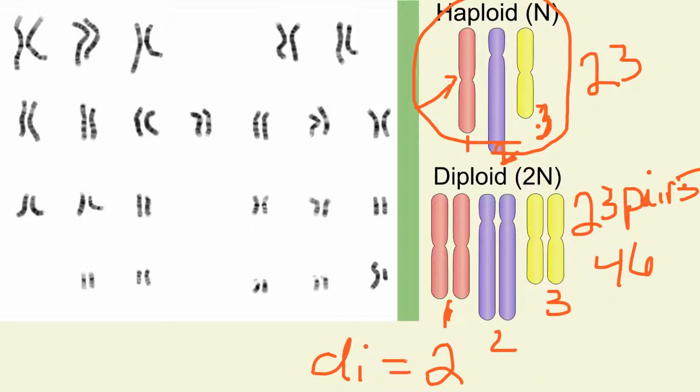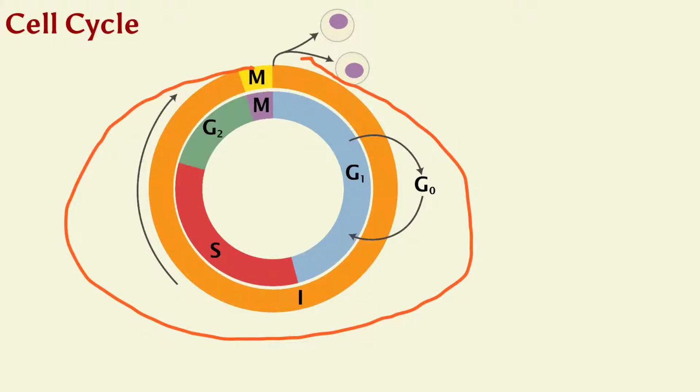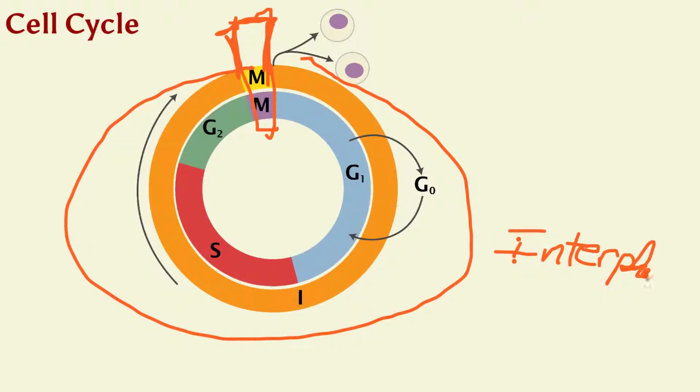All right, let's take a look here at the cell cycle, a quick review. The cell cycle includes interphase, mitosis, and cytokinesis. We talked about interphase. Remember, all of this here would be interphase, and then mitosis is going to be this little slice here. So interphase is going to include G1, which is growth 1 or gap 1. It's going to include the synthesis phase, the S phase, and then G2, which is gap 2 or the second growing phase.